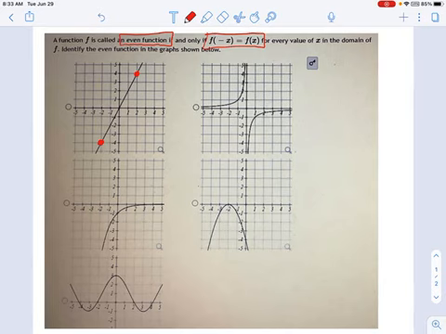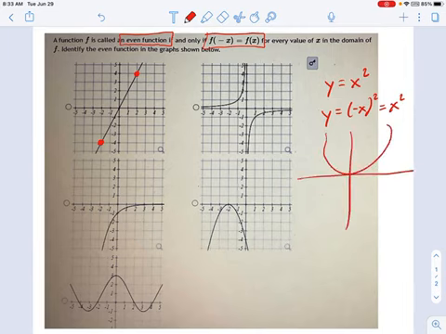And what you need to do is go through these graphs and look for something that has the same y value regardless of whether the x is positive or negative. Remember that example I just had right here? x squared would be a great example of an even function because whether it's positive x squared or negative x squared, the result is the same. This would be a symmetric function. Okay, it looks the same for positive x over here and for negative x over there.